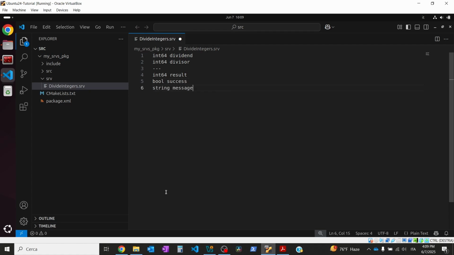The success field is important because it lets the client know if the operation was completed correctly or if something went wrong. For example, if there was a division by 0 or the numbers weren't exactly divisible. The message field provides additional feedback in a human-readable format. This is especially useful for debugging and logging, since you can print or display clear messages about what happened during